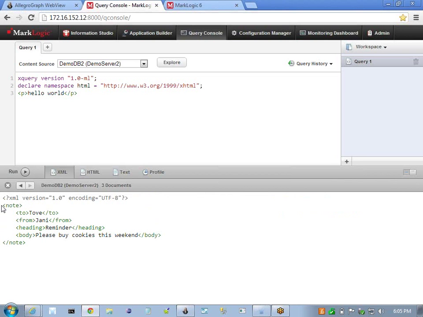It's a straightforward document with elements: to, from, heading, and a body. I'm going to convert this document based on the pattern that the overall document URL is going to be the unique URI for the new set of triples. I'm going to convert each of the nodes under the node element into a predicate, and I'm going to store the textual value of that element into the actual literal of a predicate